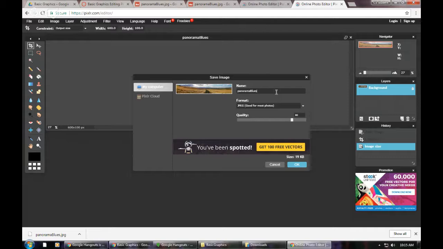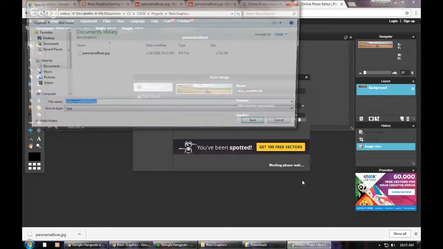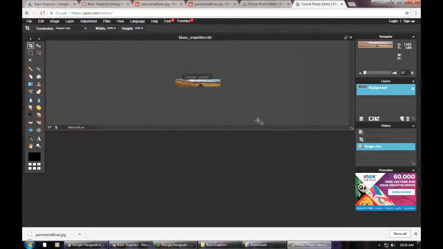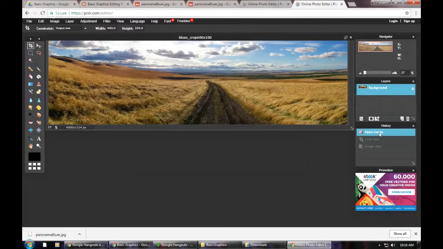to my computer, and I'm going to call it Blues Crop 600 X 100, 600 by 100. JPEG's fine for this, and it's at 80%. I'm going to up it to around 90%. Okay, put it in the same spot as the original image. And it's now there. And then to make the next edit, I'm going to go back to the original image